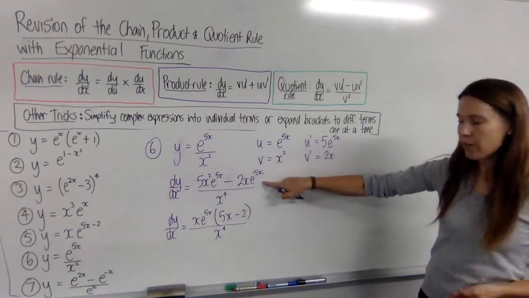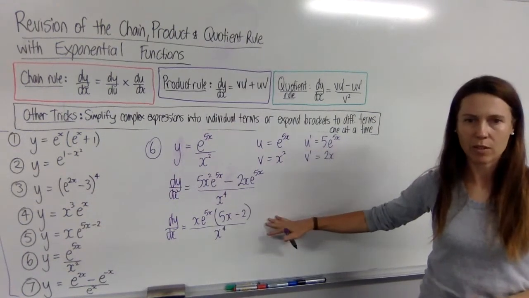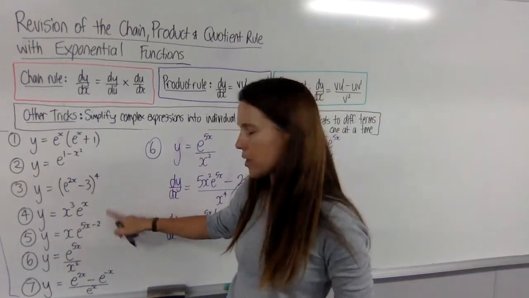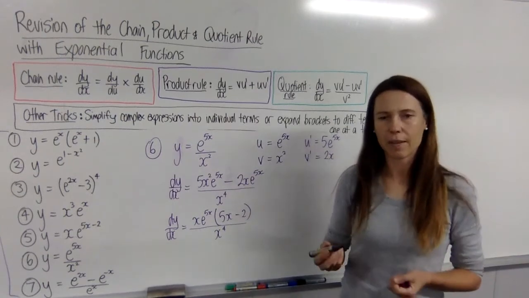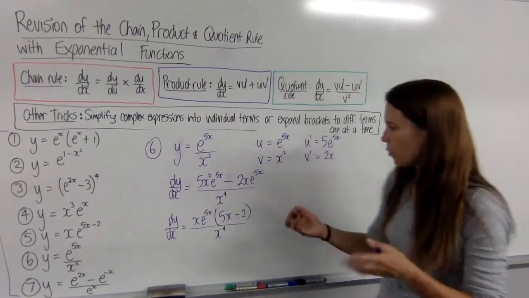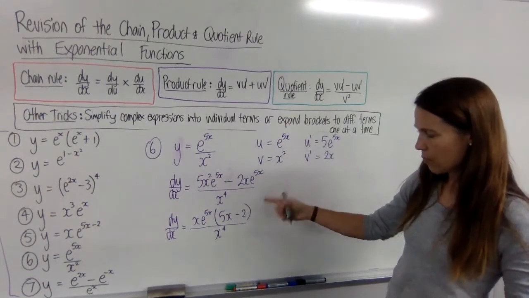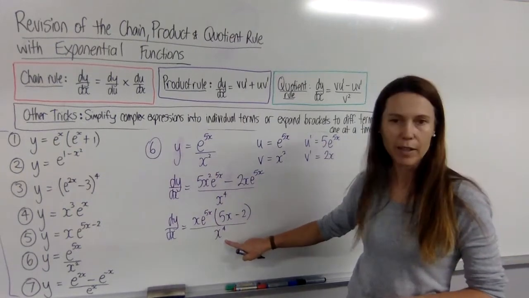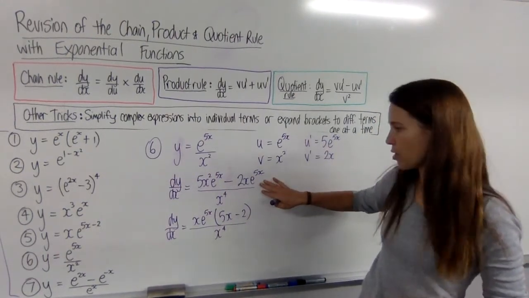Now, you might have looked at this and said, how do I know when I need to factorise and when I don't? Because when we did these product rule questions, I seemed to factorise at the end and said it's sort of okay, 6 of one, half a dozen of the other, whether you factorise it or not. But when we've got a situation like this, factorising is really important because it's going to help me simplify the whole expression. And the answer I get next is going to be much better than this original one,